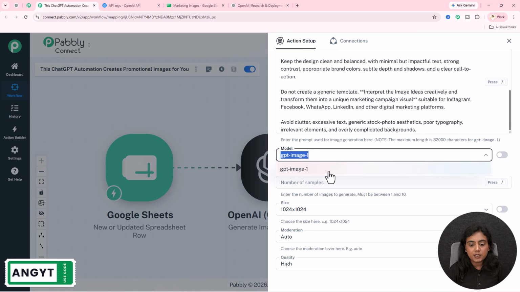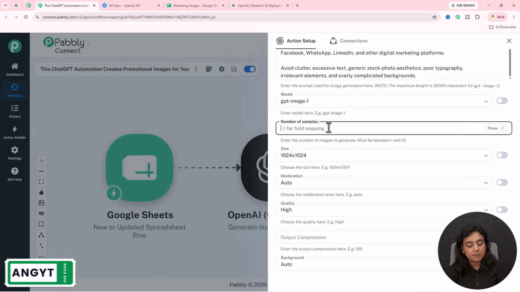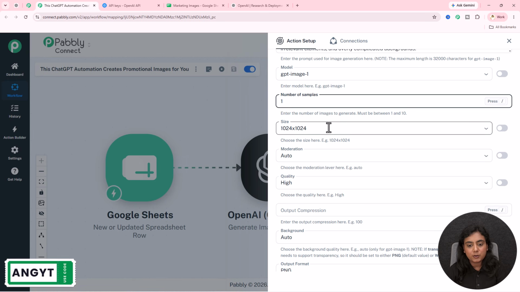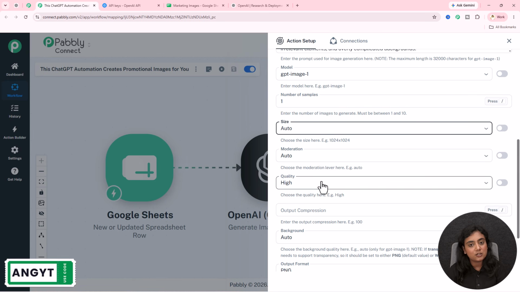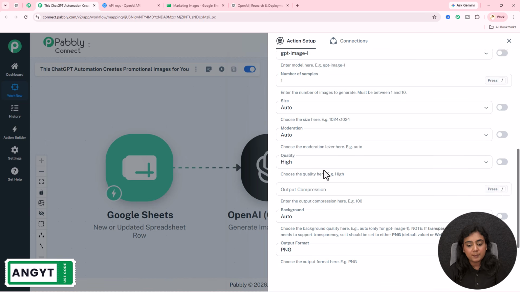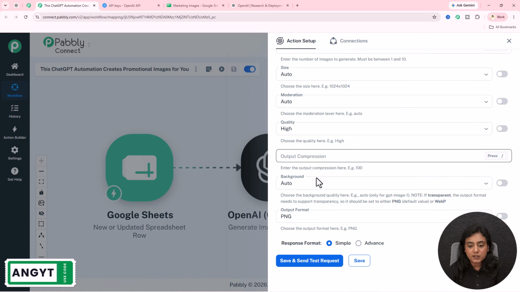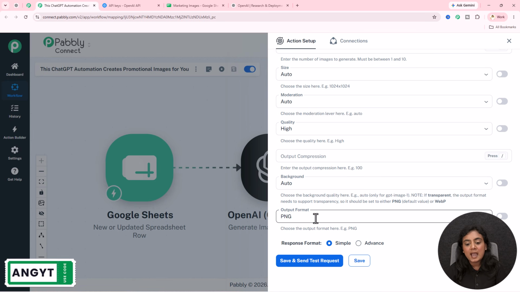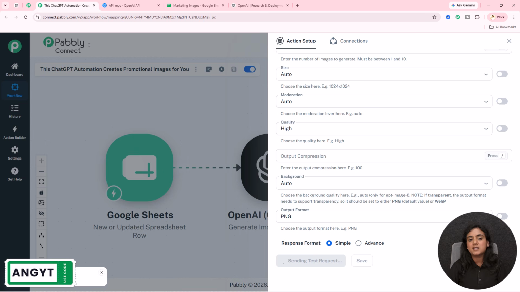For the model, I will use GPT image 1. If you want to select another model, you can do that. Number of sample, I want one image to be generated, so I'm going to enter 1. For the size, I'm going to select auto because let AI select the size of the image. Moderation is going to be auto. Quality of the image should be high. Output compression, I don't want that, so I'll skip the part. Background, I'll let AI choose the background as well. And output format, I want PNG image, so I'll select it and click on this save and send test request